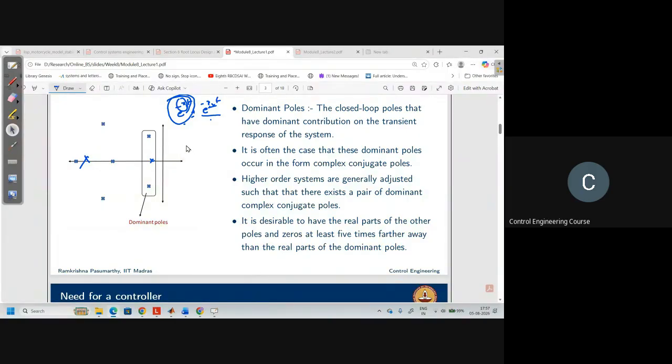And then the next thing is, even if you have a higher order system, these are the dominant complex conjugate poles. This is second order. But if the system is a higher order system, what we have to do is design the system such that the dominant poles satisfy your design specifications, and we place all other poles away from the dominant poles, so that these will decay much faster. So that the entire system is affected by the location of the dominant poles. How far we choose the other poles is up to us, at least 5 times farther away than the real part of the dominant poles. This is how we design a system.